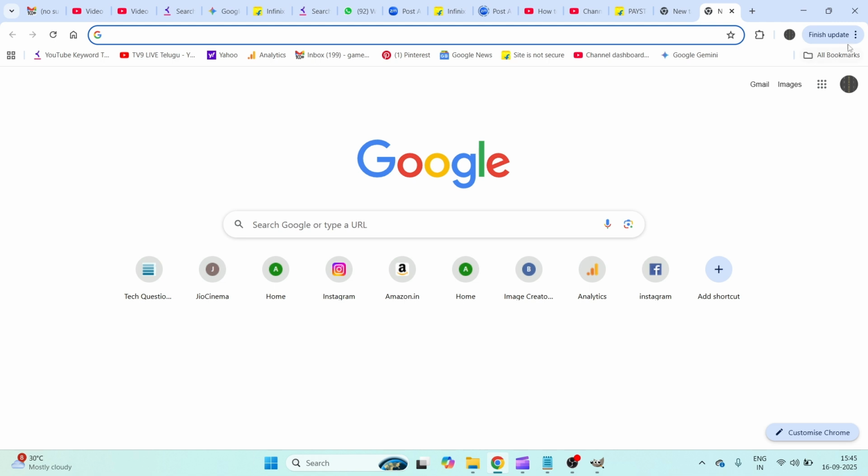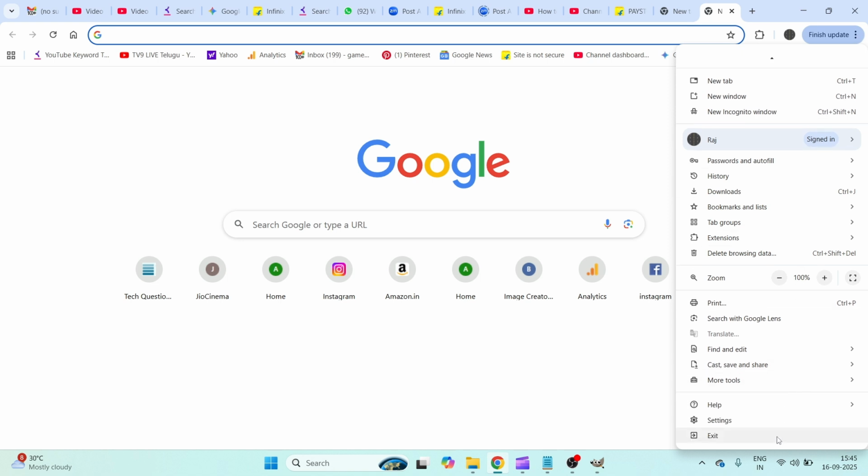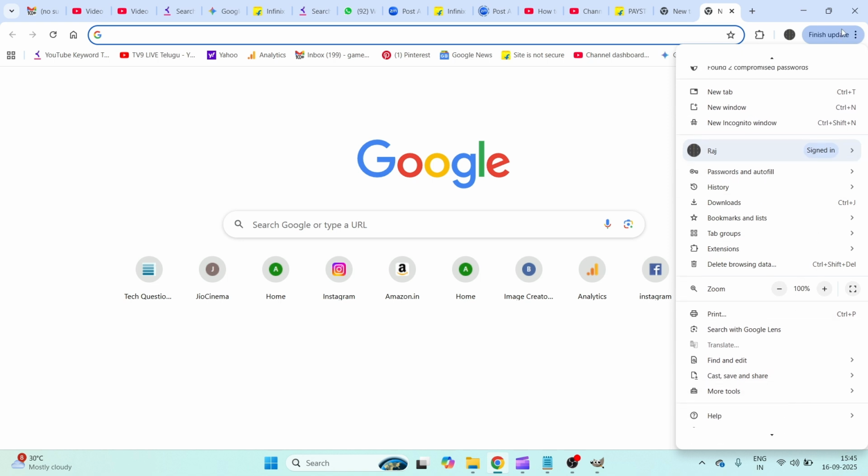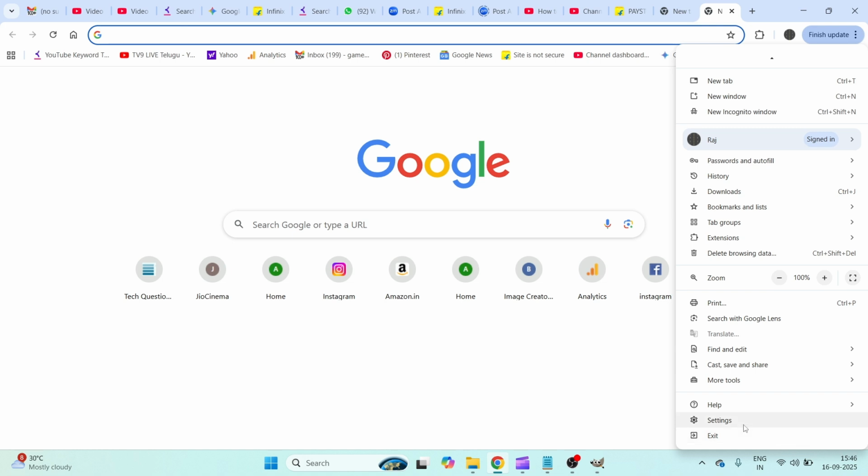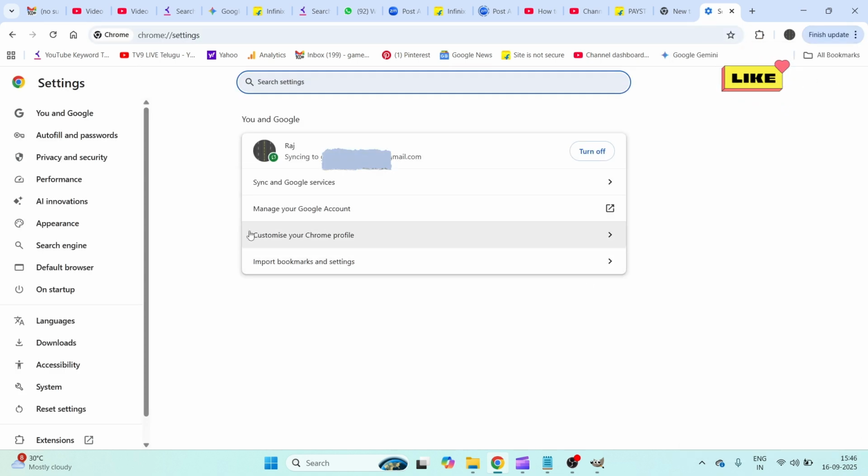So open Chrome and at the right top corner you will find these three dots. You need to click on these three dots and here you will find settings. Use this drop down, then you will find the settings gear icon. Click on this and this will open your Chrome settings, and at the left side, you will find